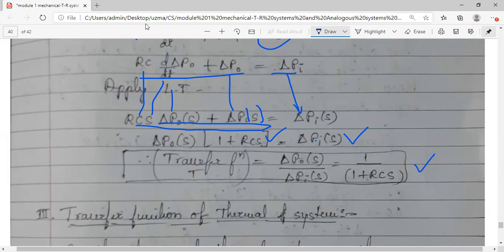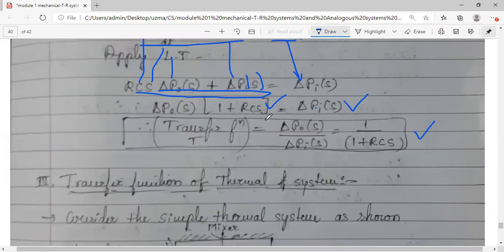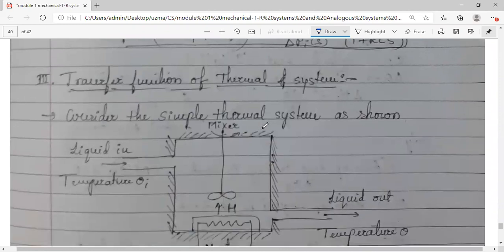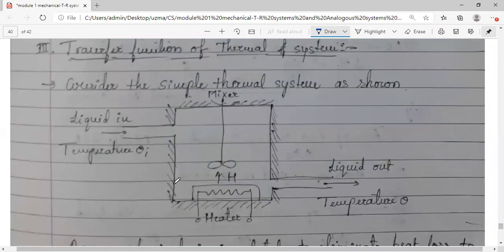Now coming to the third one, transfer function of a thermal system. We have a thermal system here. Looking at this figure, try to remember when we started the basic theory concepts of control systems. This is one example I had taken, a chemical reactor batch process. How does temperature control happen? That was dealt with in automatic control systems as an example. So the same system, almost a similar system, is shown here.